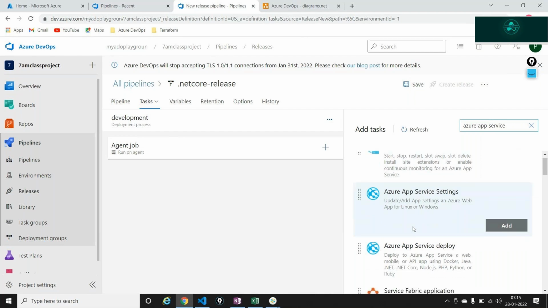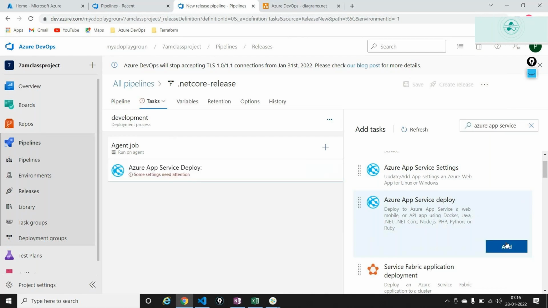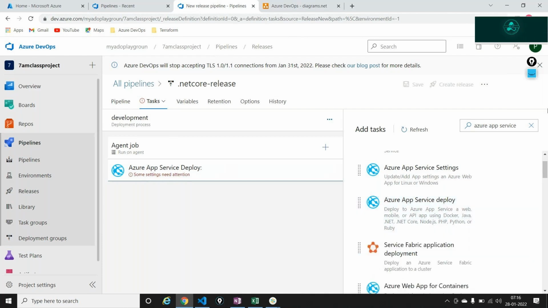And there is something called Azure App Service Deploy, meaning I want to take the code and deploy it onto, let's say, an Azure web app, or a web app running in Azure. I'll say add. This is the task that I want to go ahead and deploy with. As and when I add this task,